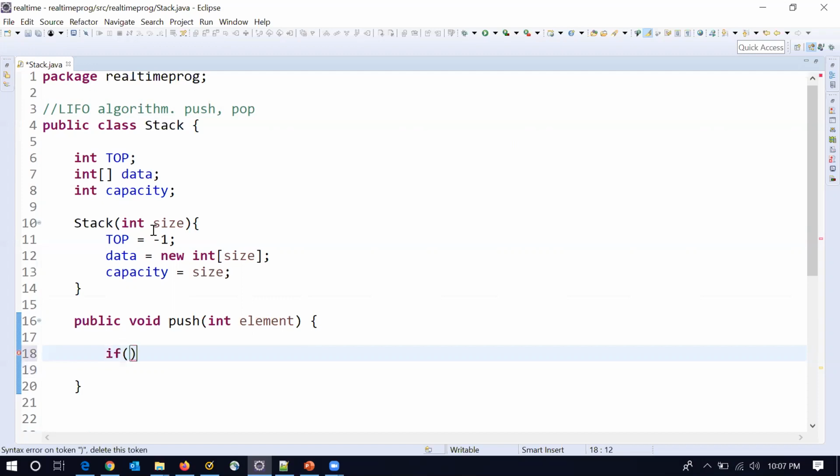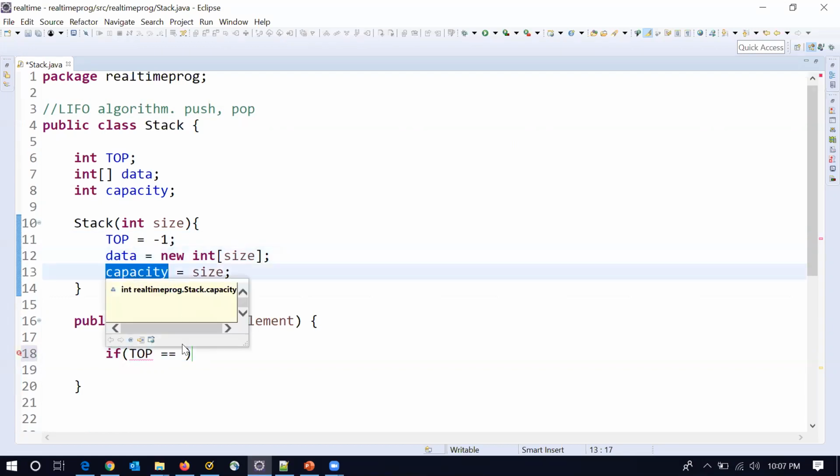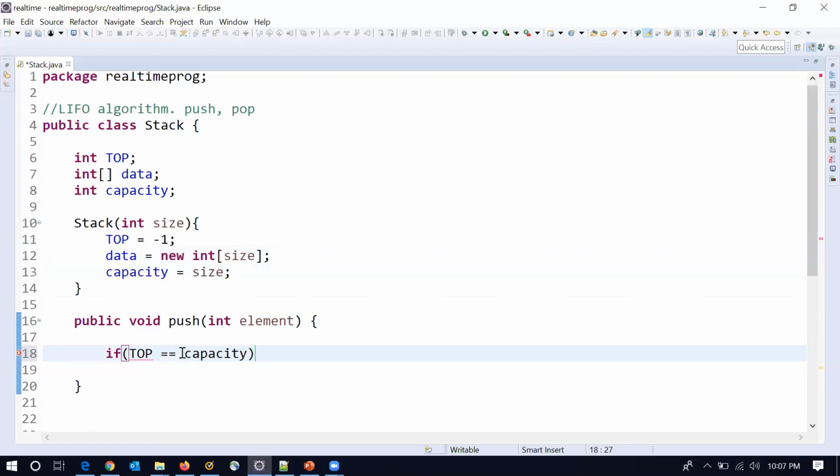If top, which represents the size of that stack, is equal to length minus 1, or capacity minus 1, where capacity is the size which we have. If the top is capacity minus 1, always, because the index starts from 0, one less than the size, that is the reason.